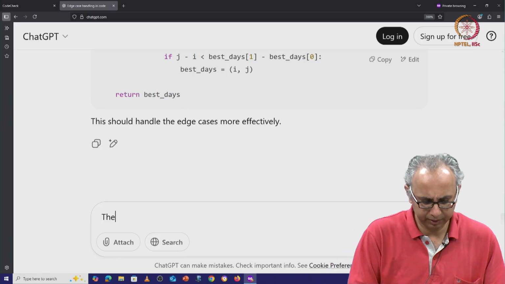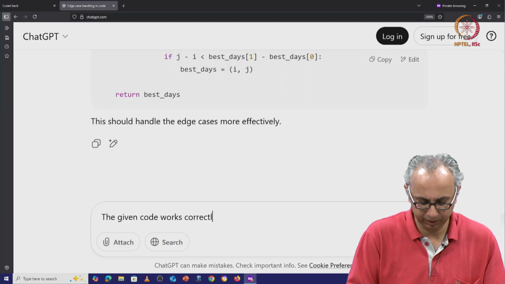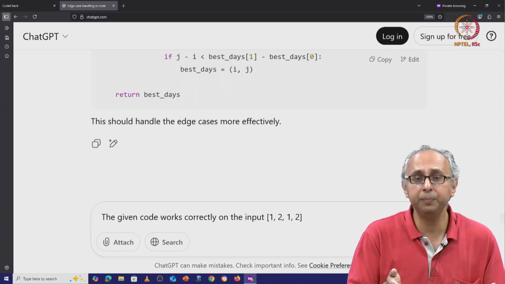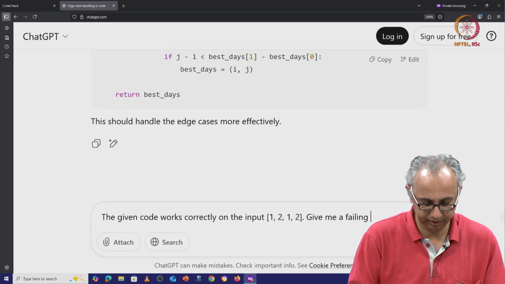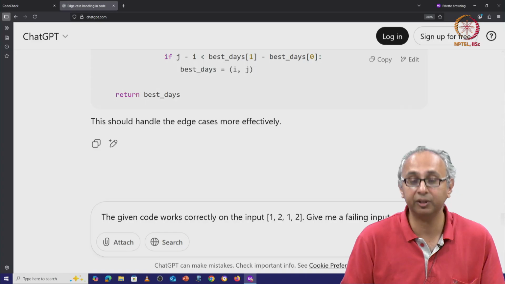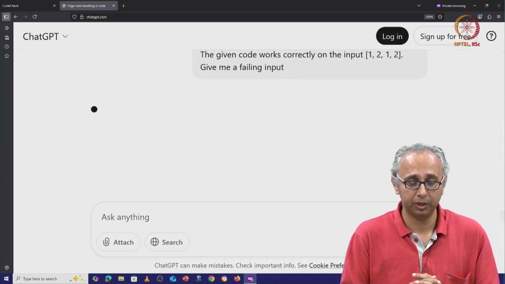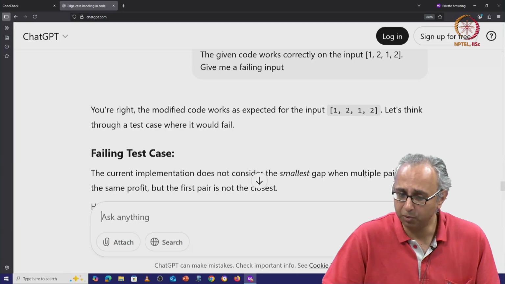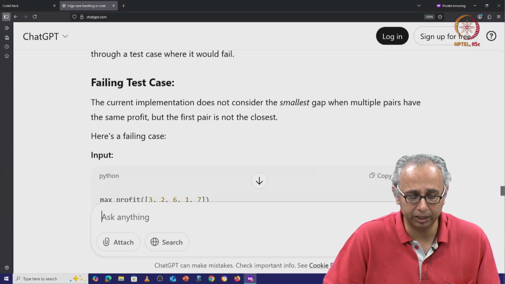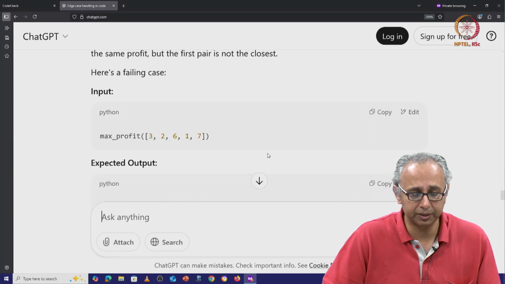So the given code works correctly on the input, this one, right? Give me a failing input. Let's see if it can think a bit more. So it says you're right. Now it is going to try and modify that input. Let's see what it produces. It produces this input,